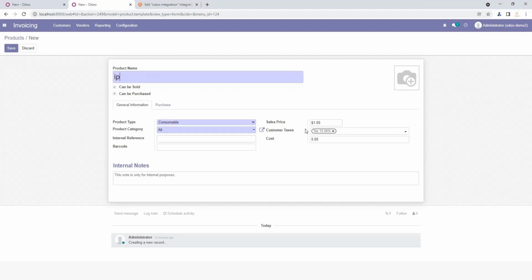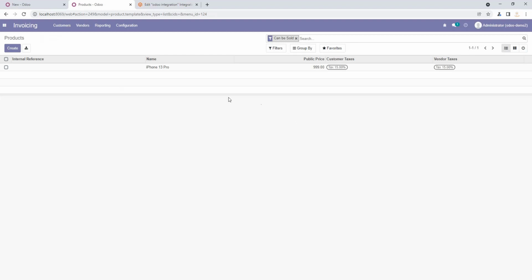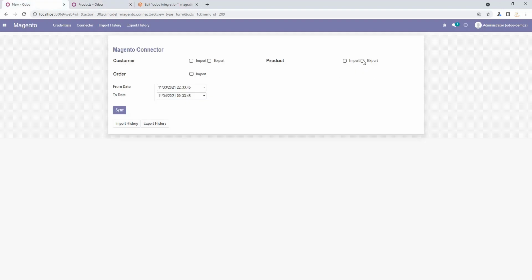So I add dummy information. The product is added successfully. You can customize accordingly. So I'm going to export this product to Magento 2.